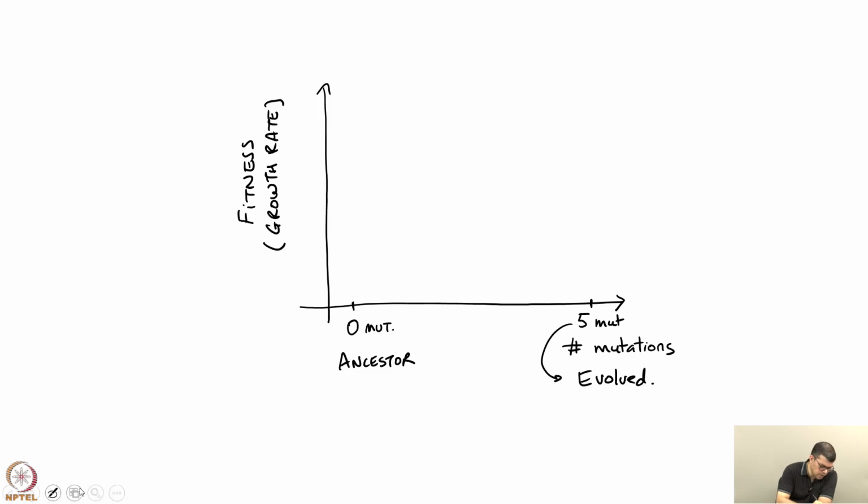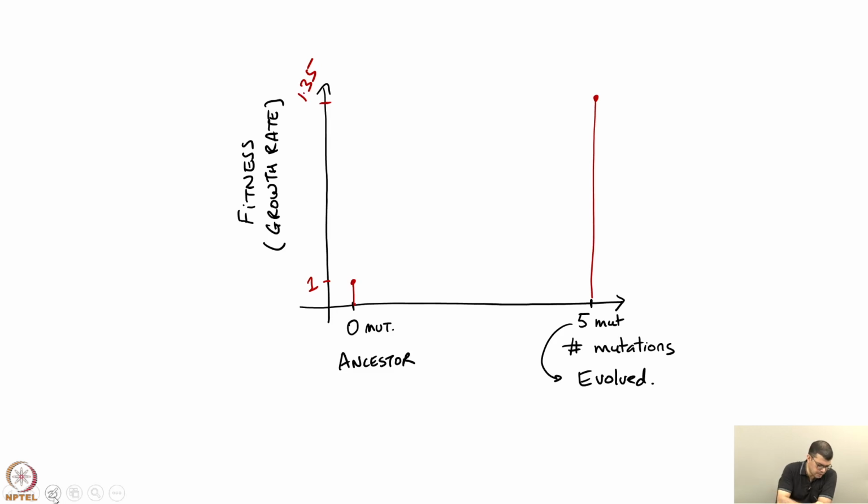Our ancestral strain conferred a fitness of 1, and the evolved strain conferred a fitness of 1.35. And now, as we saw in the last example, going from 0 mutations to 5 mutations, there are 120